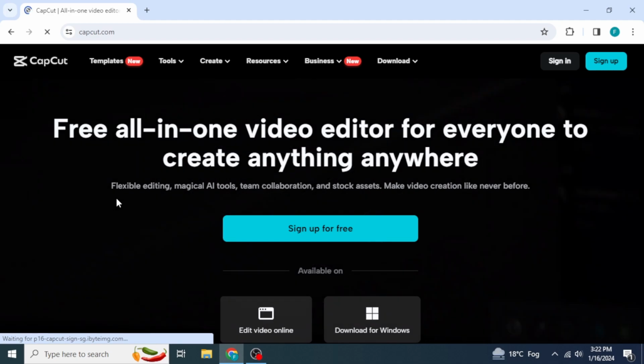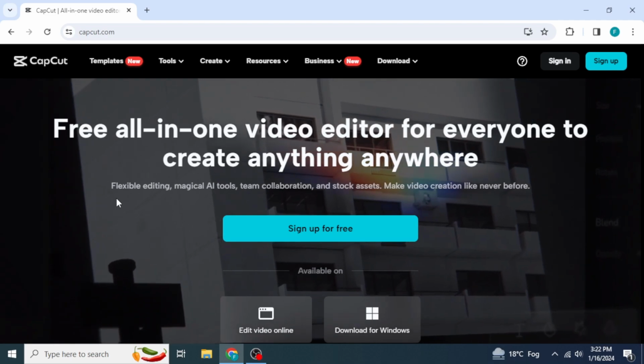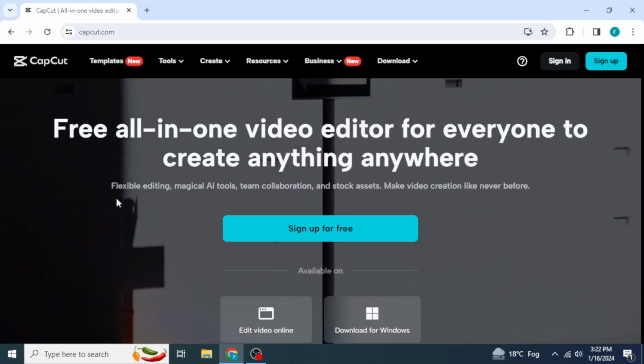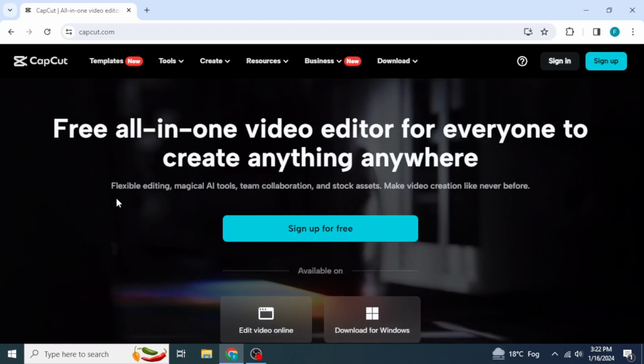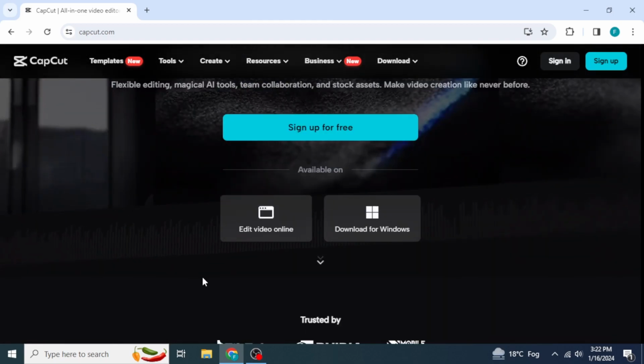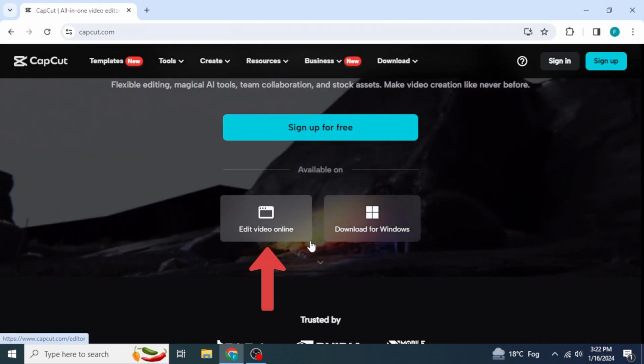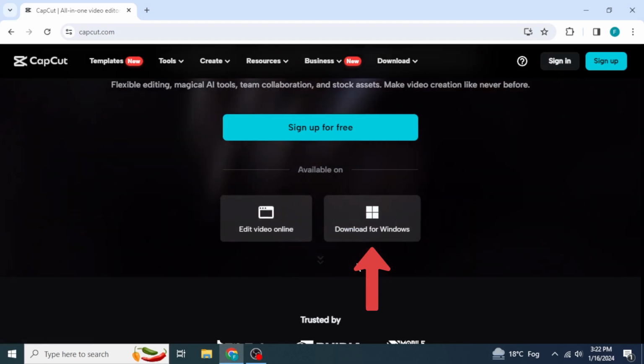Once the website has loaded, you will be able to see this kind of interface. First of all, we have the option to sign up, which is free. And if you scroll down more, you will be able to see two options. First, we have the option to edit video online, and the second option is to download